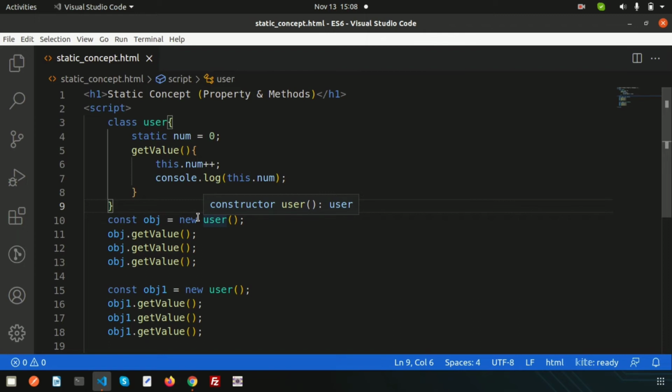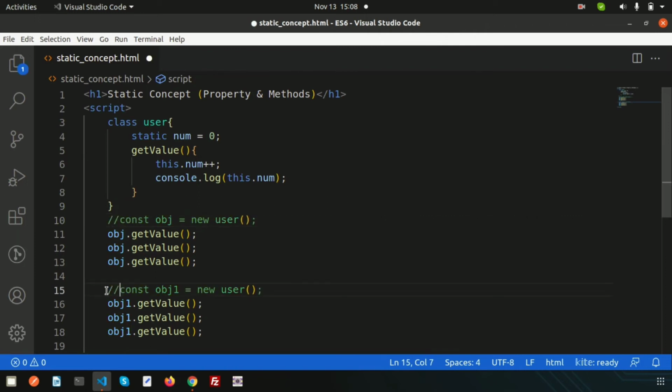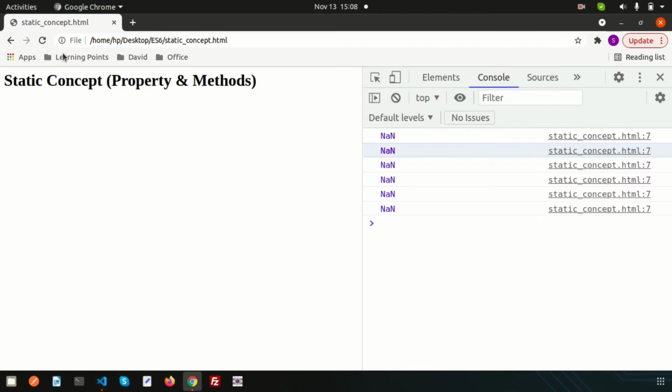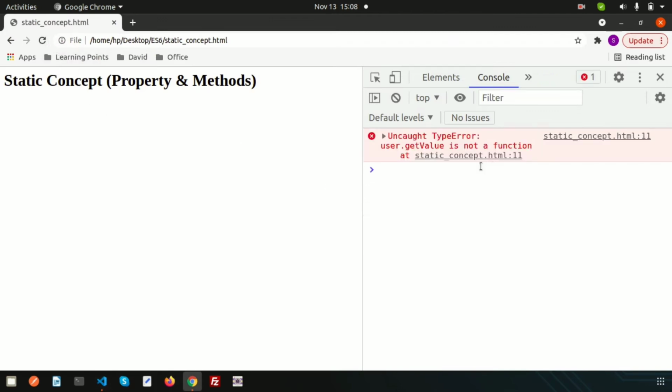It will be called through the class name, right? So let's close these, and instead of the object we'll simply use User, the class name, and simply write this, and obviously you can see the output just like 1 2 3 4 5 6.